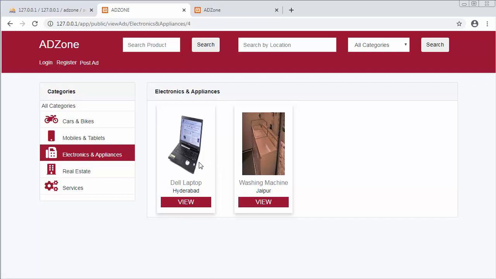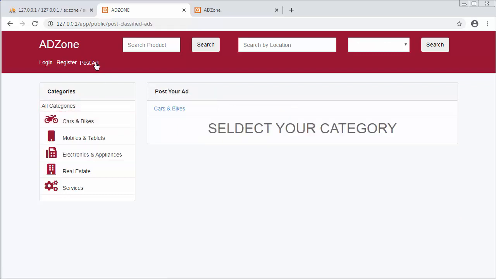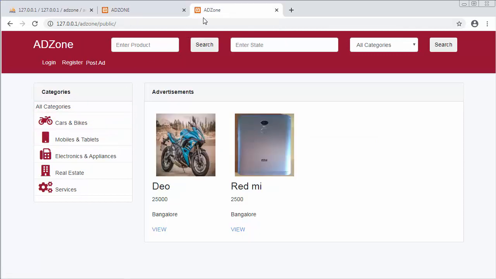But before that I just want to make some changes. Here you can see when I click on this post ad, the URL gets changed to post classified ads. This is the classified website which I already developed, and this is the website on which I'm working in this series. So when I click on post ad,